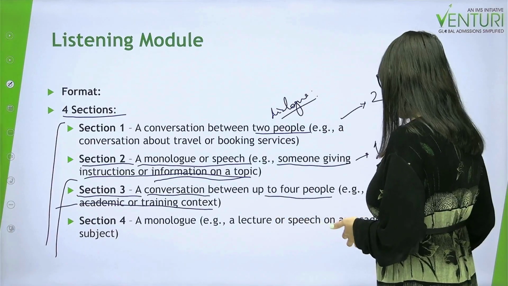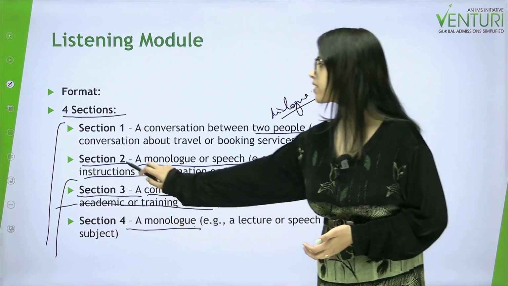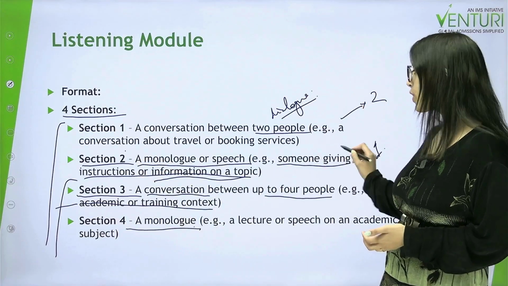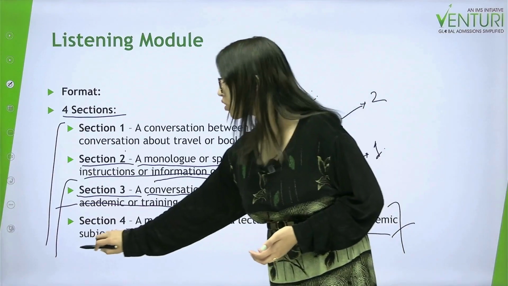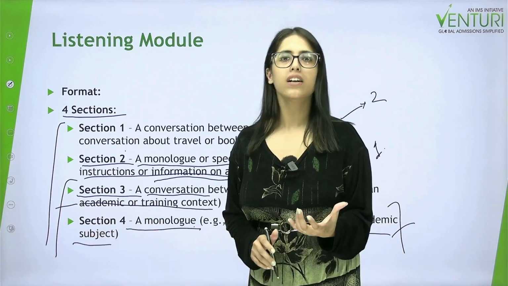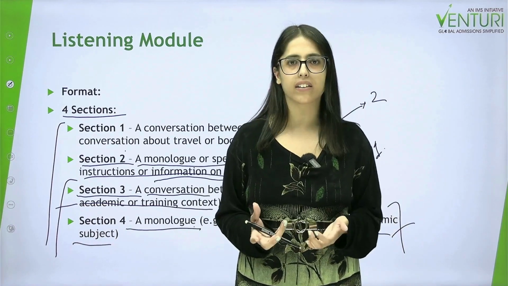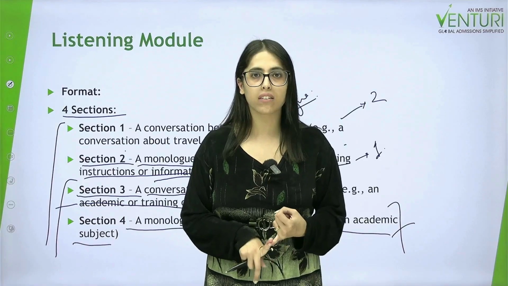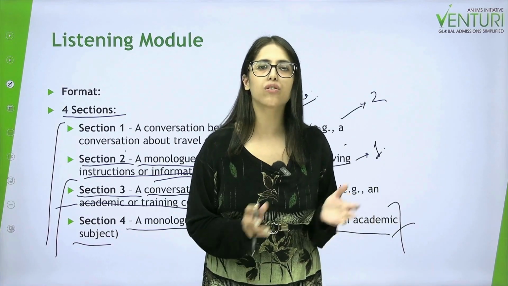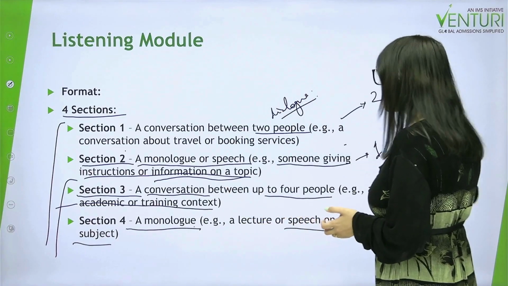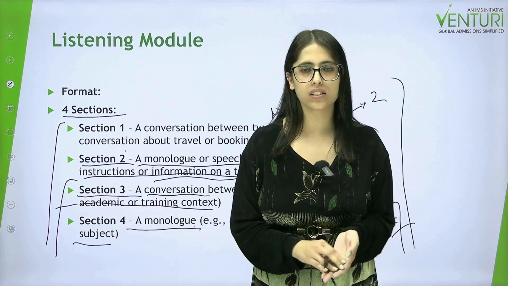Similar is the case with audio 4, whereby you are again going to be getting a monologue just like section 2, but here it's not going to be casual, it's going to be something which is again very nuanced or very subject oriented, okay. So the idea behind this is that you have to deal with something that is complicated. So jargon may be included in this particular thing, nuanced language will be there for you. So you have to work with all of them, first off with easy language and then with a little more complicated language, and then go back to your questions and do the answers.